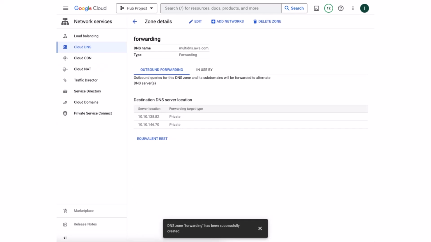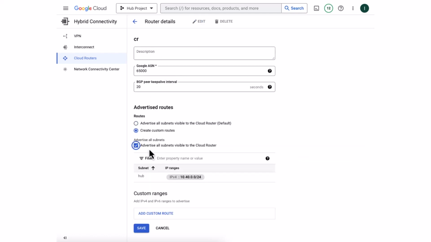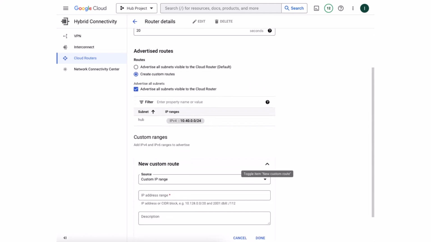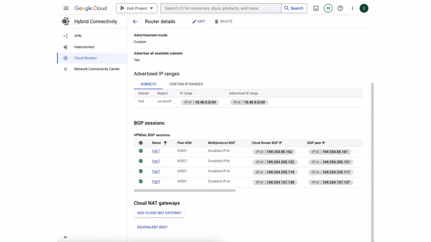Now we will modify the cloud router routes as they have a default advertisement enabled on it. We will basically change it to custom route propagation. And to do that, we'll go to the cloud routers under hybrid connectivity console, click on edit, and then we will select create custom routes, select advertise all subnets, and then create a new custom route with a custom IP range to 35.199.192.0/19, which is a cloud DNS range, and then add a description, hit save,